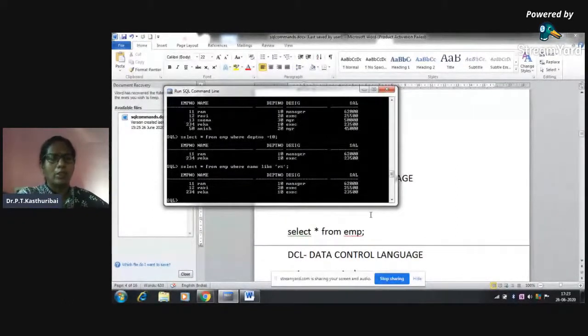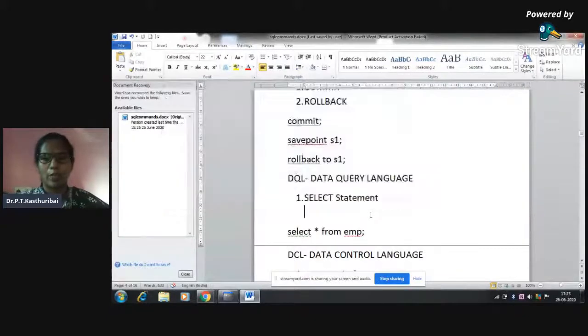All the records whose name starts with that alphabet followed by any number of characters will be displayed. This is the use of select statements. We'll see in later sessions joins, equi joins, and what are all the other conditions that you can apply to queries.